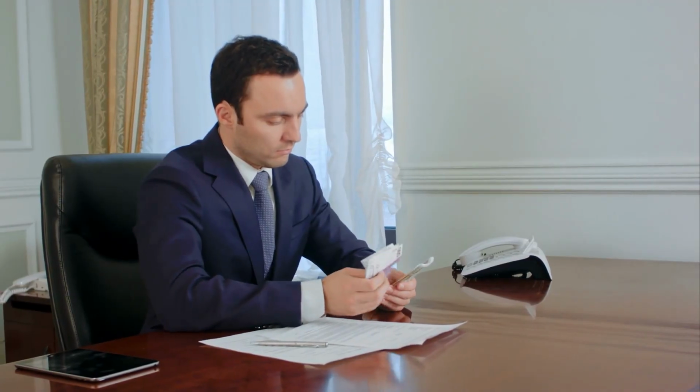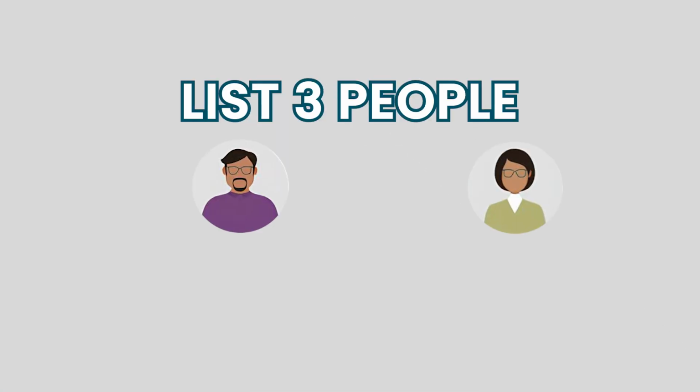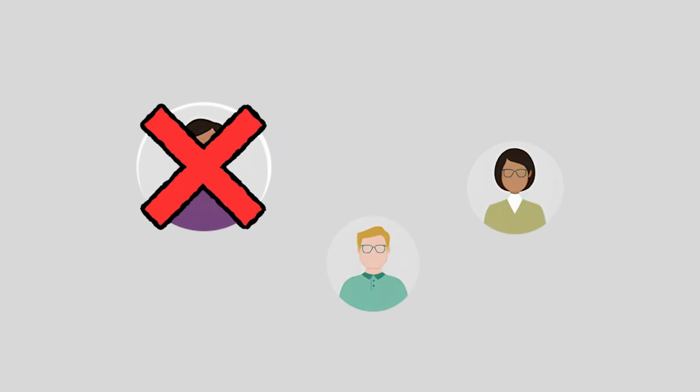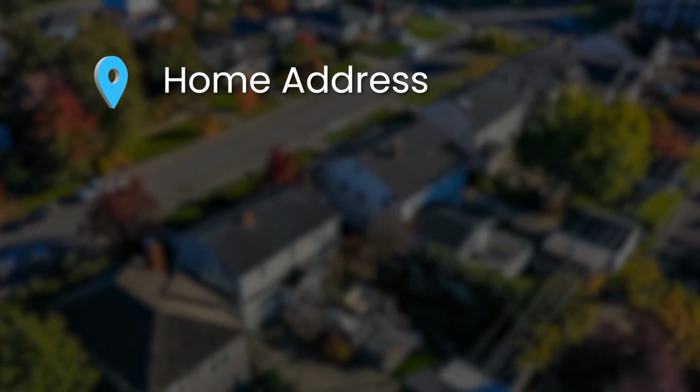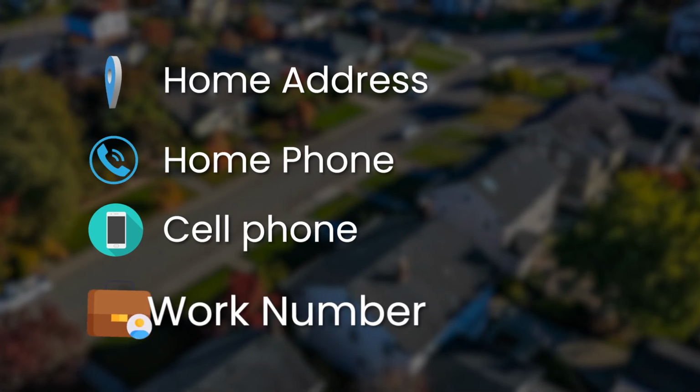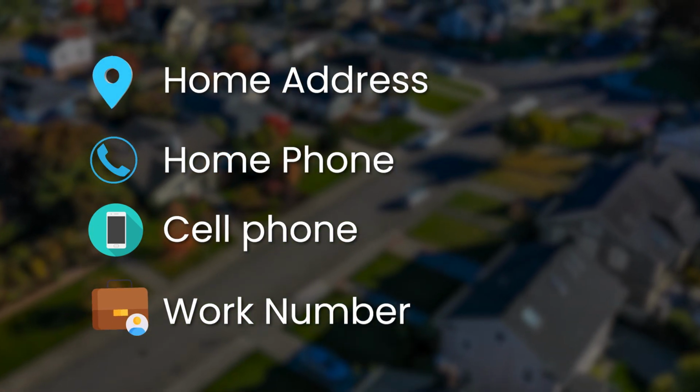First, our rule of 3. For every category of decision maker, whether it's the person handling your financial or medical affairs while you're alive but can't handle them for yourself, or the person handling your affairs after you die, please list 3 people. Therefore, if the first person is not alive or frankly doesn't want to serve, you'll always have a backup and a backup to that person. For every decision maker, please include their full contact details, their home address, home phone, cell phone, and work number, so that they can be easily contacted.